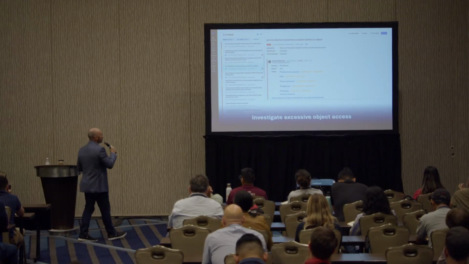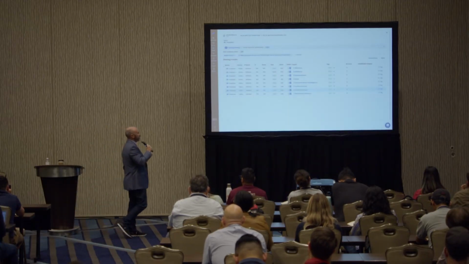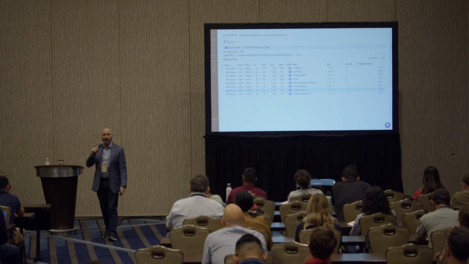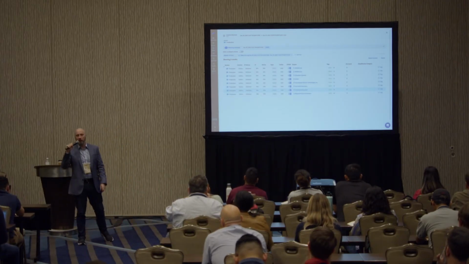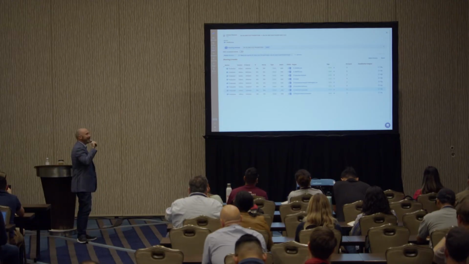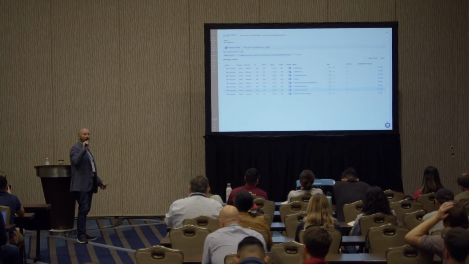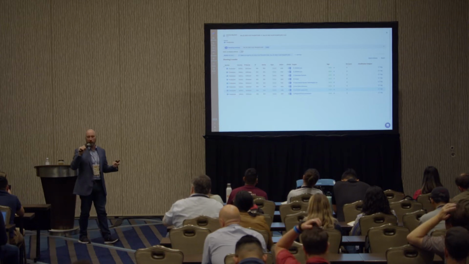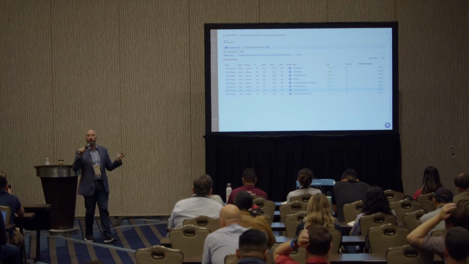So Jerome went and accessed all these Salesforce objects. You can see here's everything that he touched. You should be able to do this. You should be able to answer the question, what data was actually touched? What did he access? Not just for answering the positive side of this, so that you know, for instance, what customer information was touched, but sometimes this is really valuable for the negative.